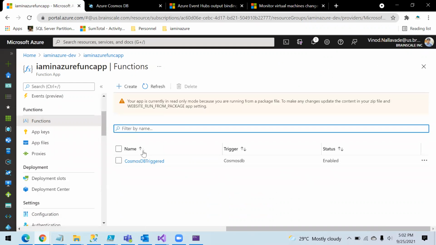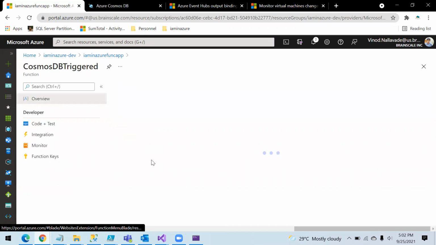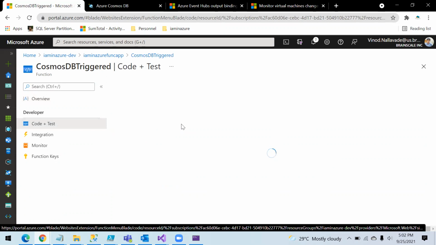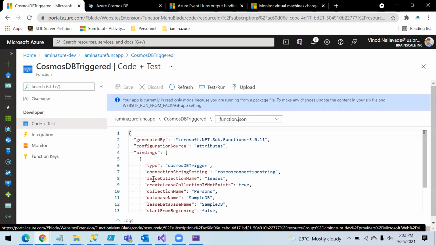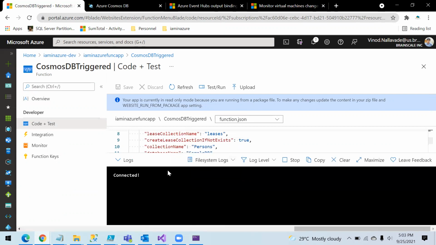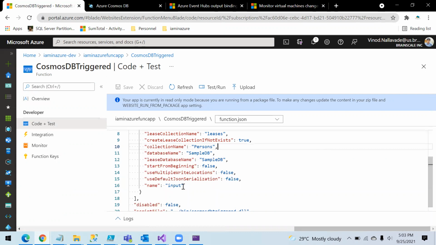So it will list this one. So the Cosmos DB triggered function, you have it enabled here. Let's go to code and test and see. So you have the details here from the function.json file. I just clicked this logs here to check the logs.